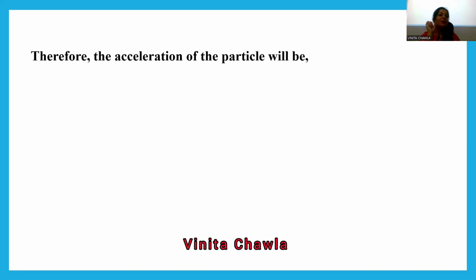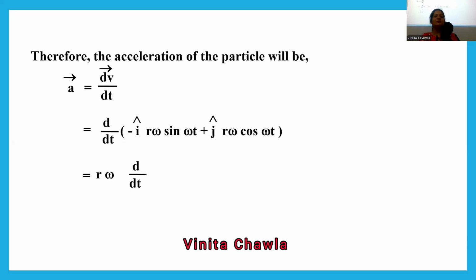Radius को। अभी हम क्या find कर रहे हैं? Acceleration। Acceleration के लिए we have to differentiate velocity, so a is dv by dt। जो भी एक्सप्रेशन आपका v का आया था उसको यहाँ पुट करो, you'll get this। r is constant, omega is a constant, we can move these two constants outside the bracket, and we only have to differentiate sin ωt, cos ωt, okay, because these are the functions of time। So rω outside the bracket, in the bracket we'll write minus i cap sin ωt and j cap cos ωt। rω belongs to both the terms, है ना, तो उसको हम कॉमन लेके बाहर ले सकते हैं, नो।